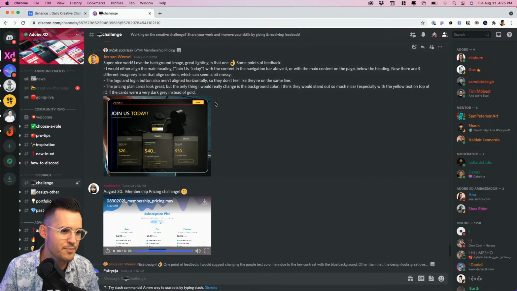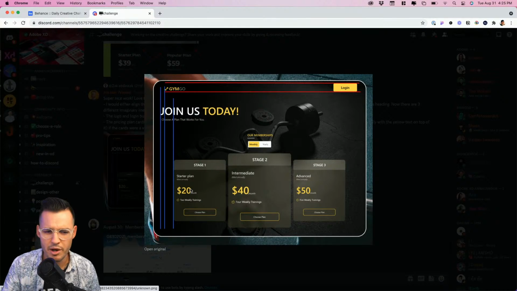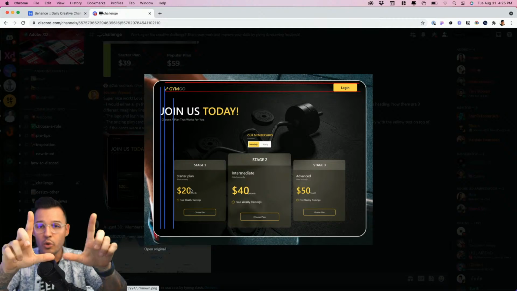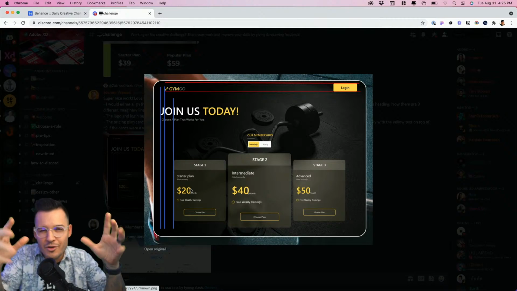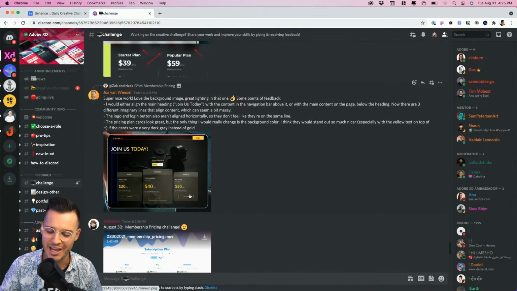Really, really nice work. This is another one by Zach. Let's take a look at Zach's. He's creating some pricing cards. Love this technique. Great classic technique for pricing cards where one of them is a little bit bigger than the others, giving a little bit of emphasis there. Excellent work. I wish I had time to look at a few more, but we have run out of time